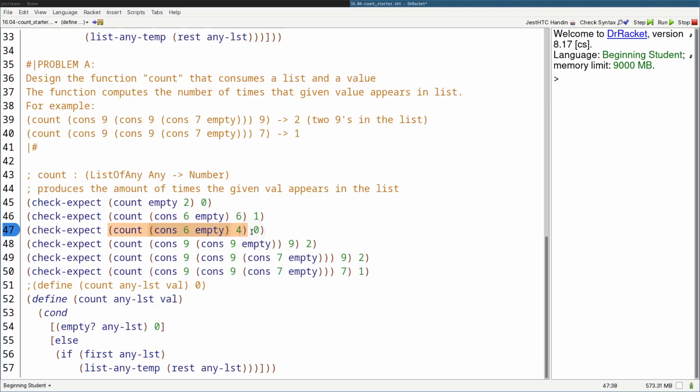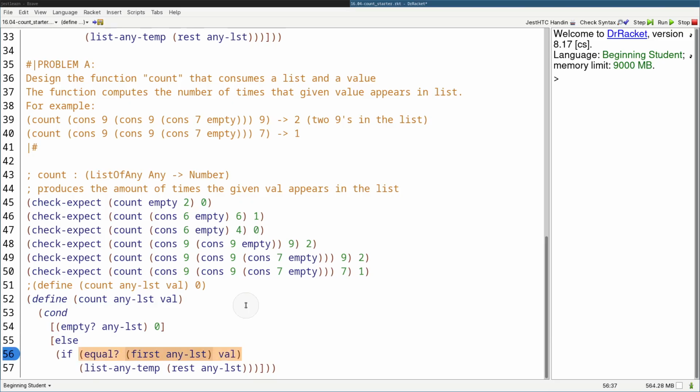In this case, right, count cons 6 empty of 4, right? The val would be 4 and 6, depending on what we call it with, right? So we need to compare val with the first value of every list, right? The first of every list relative to every list when you do the recursive call, right? But don't think too much about that. Just focus on the one long list, right? This. So compare 6 with the number that we're given. So we can just do equal,